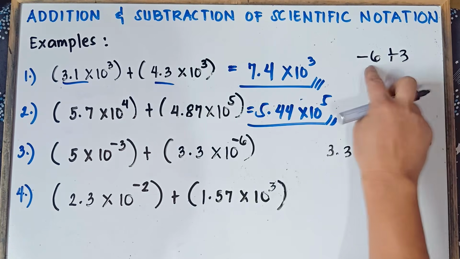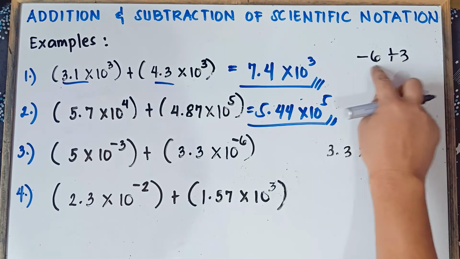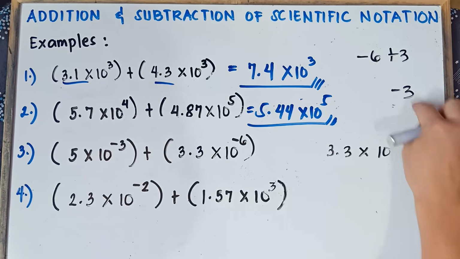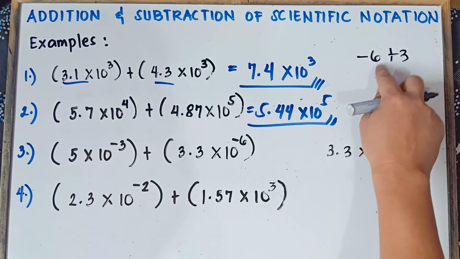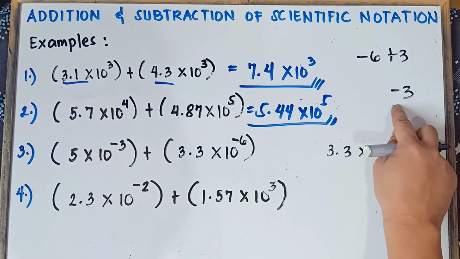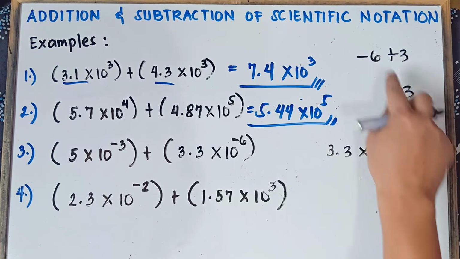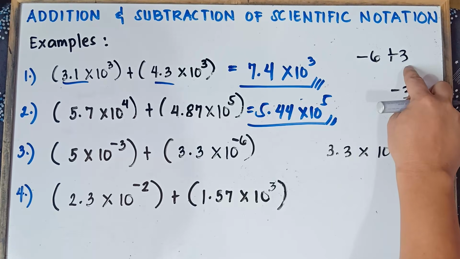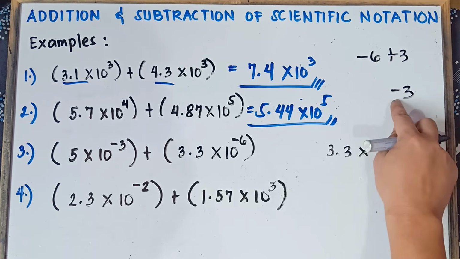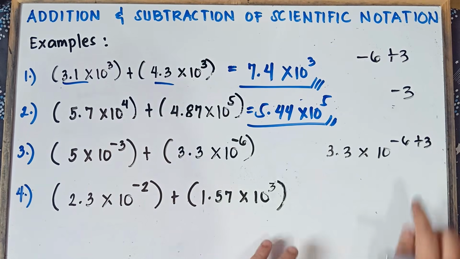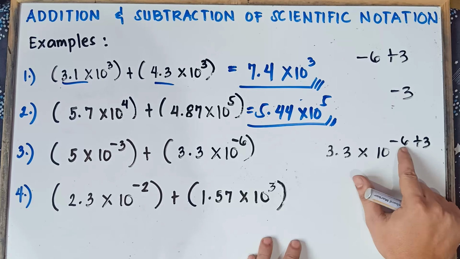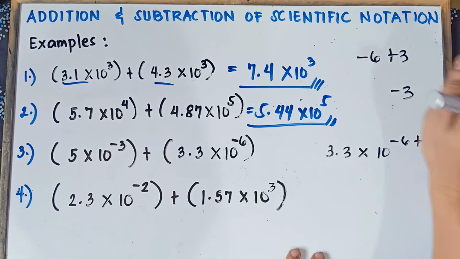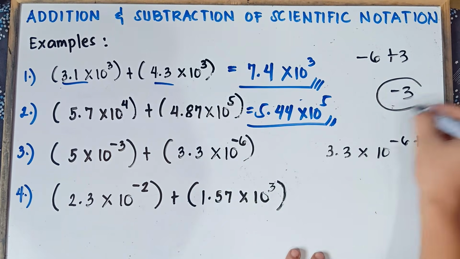If the signs are not the same, once again, class, you subtract 6 minus 3, that's 3, and then you copy the sign of the larger number. 6 is greater than 3, so we copy the sign. That's why we have negative 3. Once again, unlike signs, subtract. 6 minus 3 is 3. Now, 6 is greater than 3. We copy the sign. That's why we have negative 3. So, therefore, to make negative 6 become negative 3, we need to add 3. Because negative 6 plus 3, the answer is negative 3.